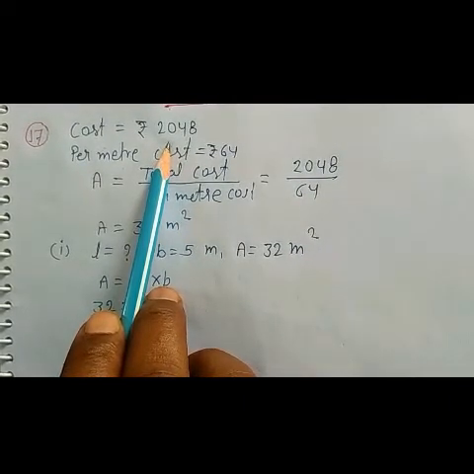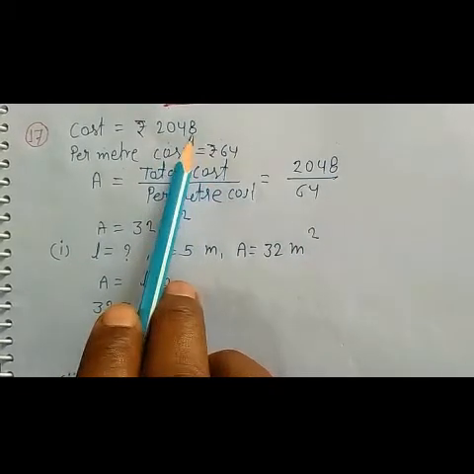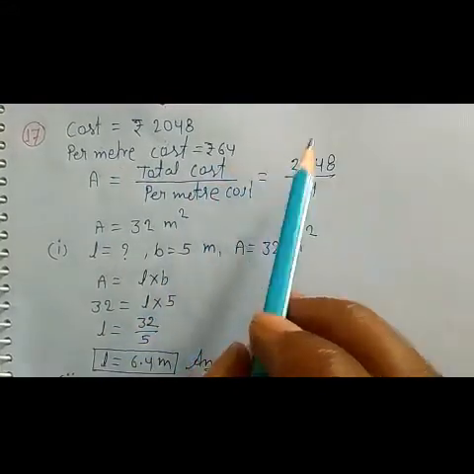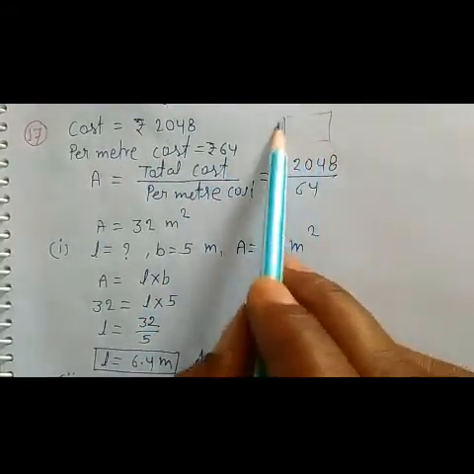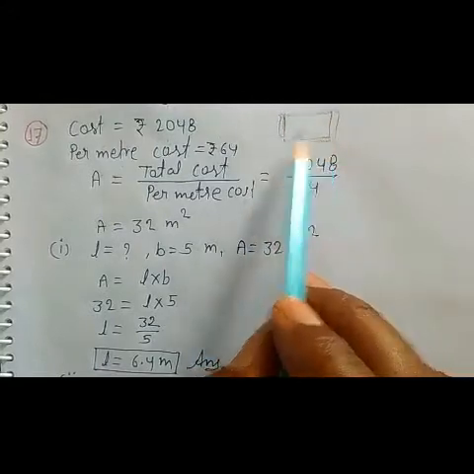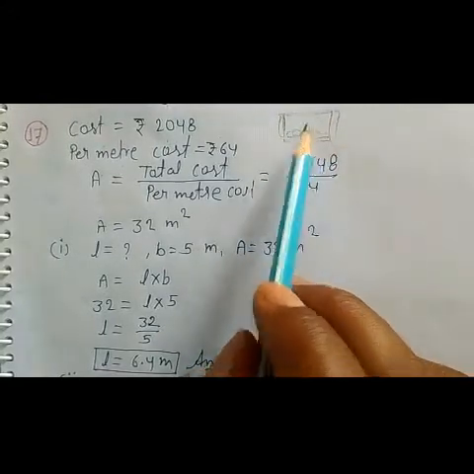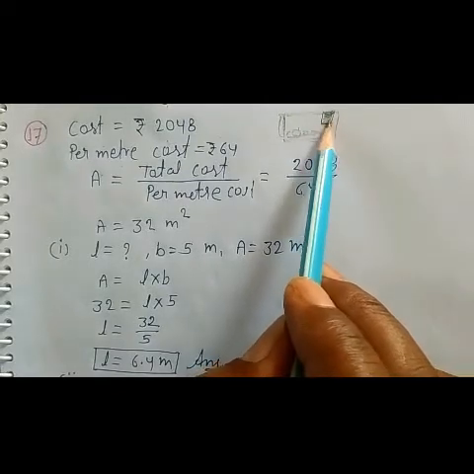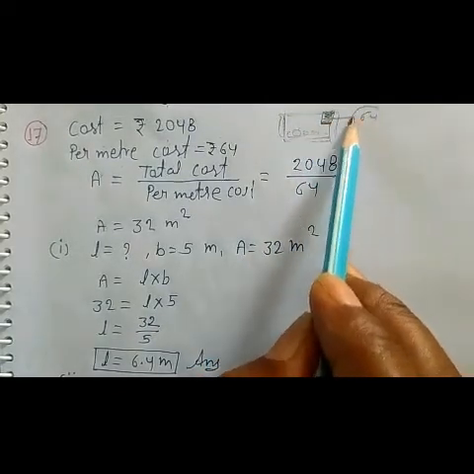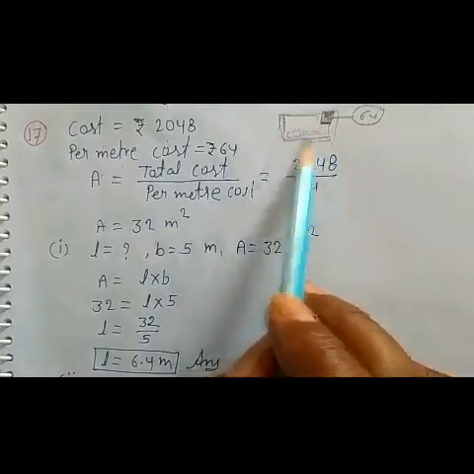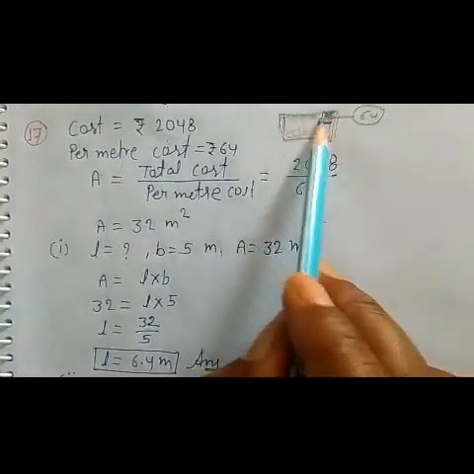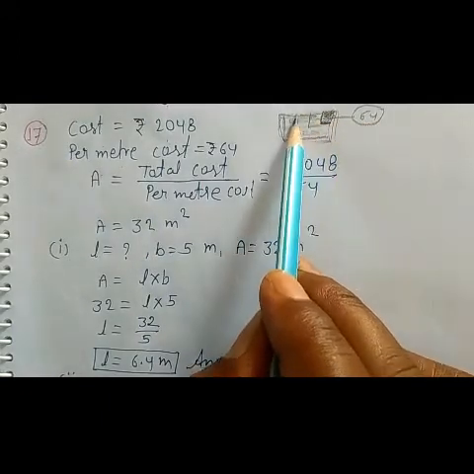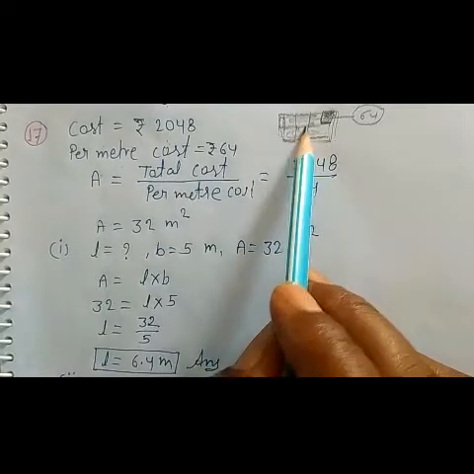Total cost of flooring of the rectangular hall is 2048 rupees, and the per meter cost is 64 rupees. It means if we have to floor this area, we have to place tiles or whatever. Suppose this is 1 meter square area, the cost of 1 meter square area is 64 rupees, and we have to floor this complete area. So this is the cost of 1 meter square, 2 meter square, 3, 4, 5, 6, 7,